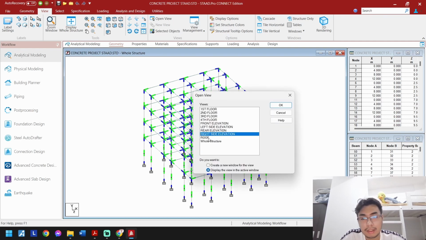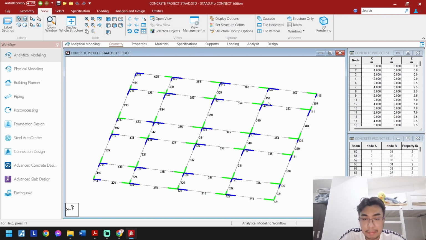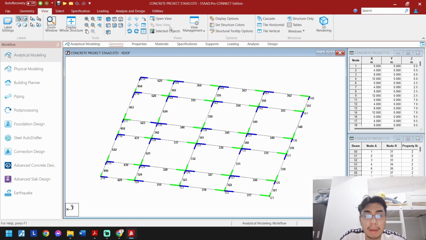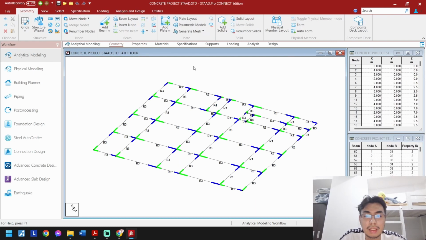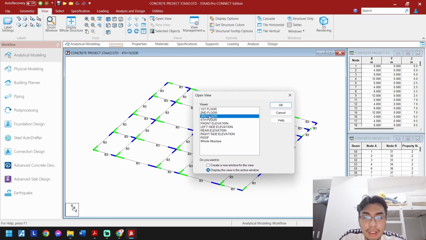Here is the beam framing plan for the roof level. Next, here is the beam framing plan for the fourth floor level. And as you can see, there are some releases since they are intermediate beams and they are for the stairs respectively. Next, for the third floor,